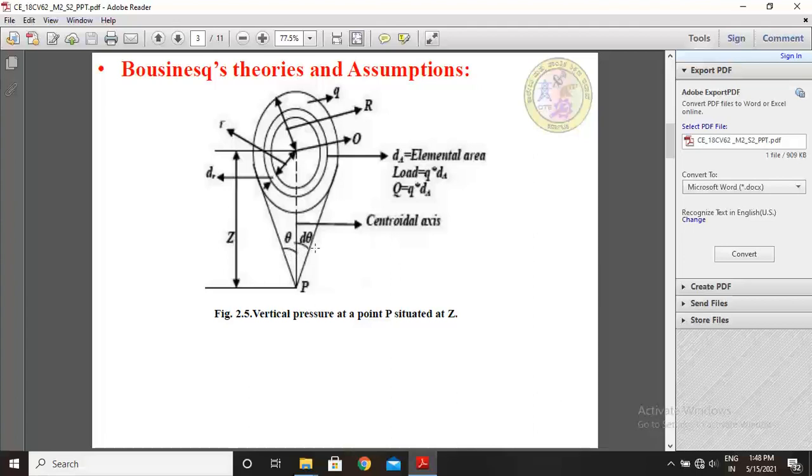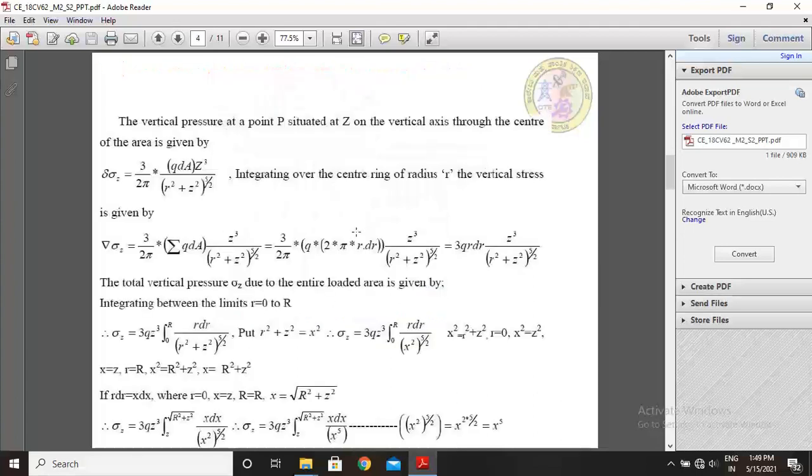This problem may arise in connection with the settlement studies of structures on circular foundations, such as gas tanks, grain elevators, storage bins, water tanks, etc. The Boussinesq equation for the vertical stress due to a point load can be extended to find the vertical stress at any point below the center of a uniformly loaded circular area. Let the circular area of radius r be loaded uniformly with q per unit area as shown in the above figure. The vertical pressure at a point P situated at z depth on the vertical axis through the center of the area is given by